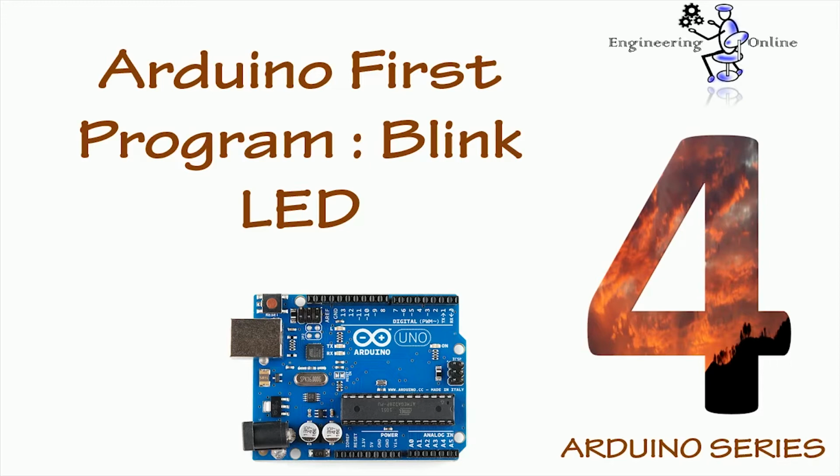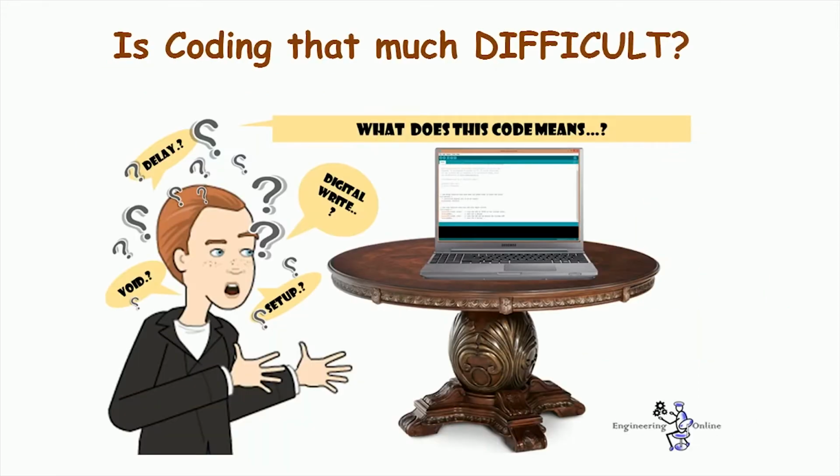The reason behind starting with this program is that by blinking an LED you would be able to write some lines of code and can see its execution on hardware easily. There are two ways to blink an LED: either connect an external LED with a resistor or use the built-in LED and blink it. There are several students who avoid writing code as much as they can. Honestly speaking, if you start from the basic programs, coding won't be difficult anymore.